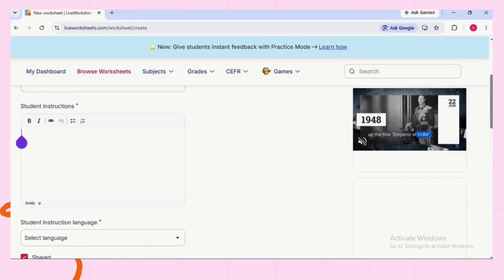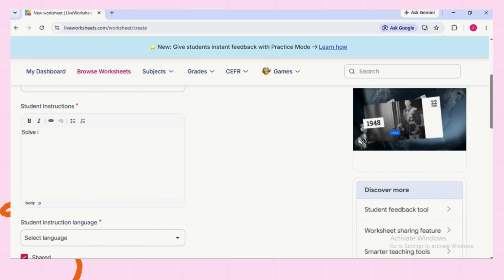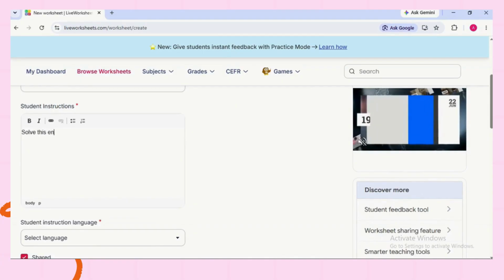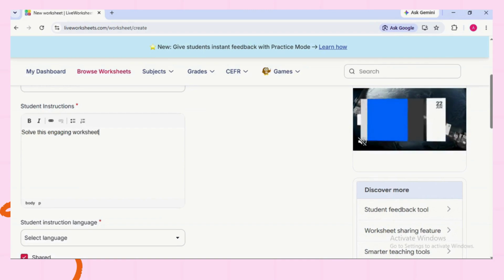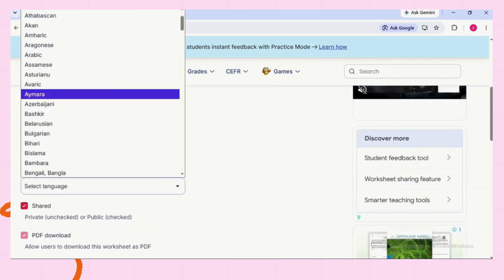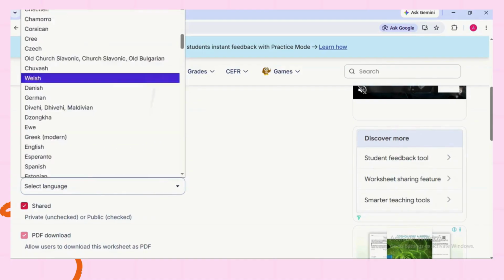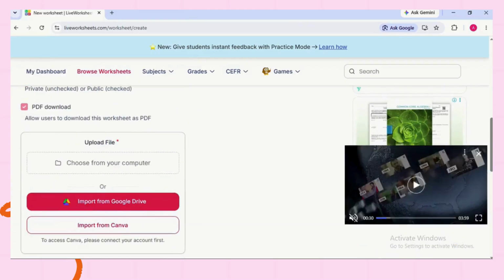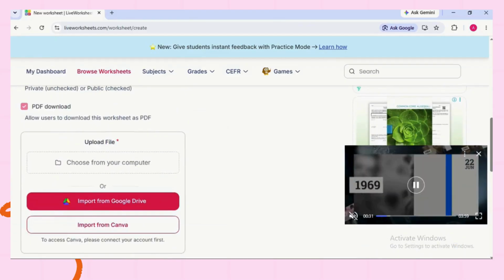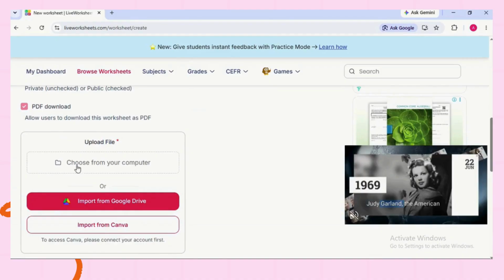Then give some instructions to the student how to solve that worksheet. So solve this engaging worksheet. You can write it as per your requirement and the choice for the students of yours. Select the language as English. Now you have to upload the file you already have created from your computer, from your syllabus, from your respective